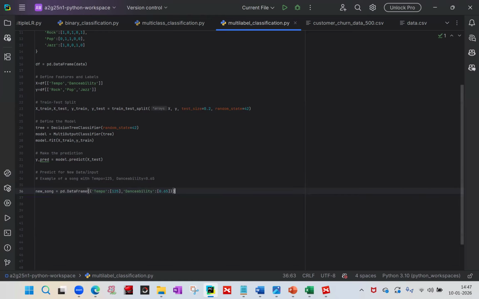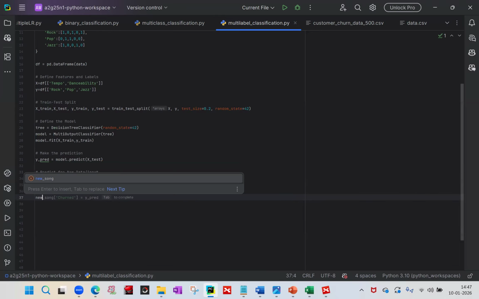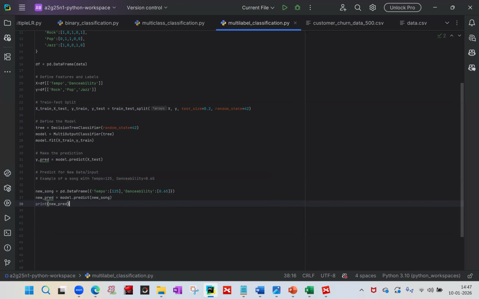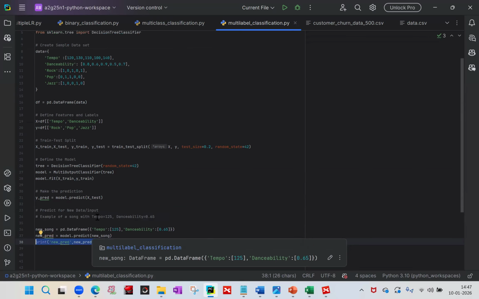Now the new prediction that I will make: new_prediction equal to model.predict(new_song), and then let me print new_prediction. Okay. Now whenever I run this program, it will give the output in 0 1 1 format